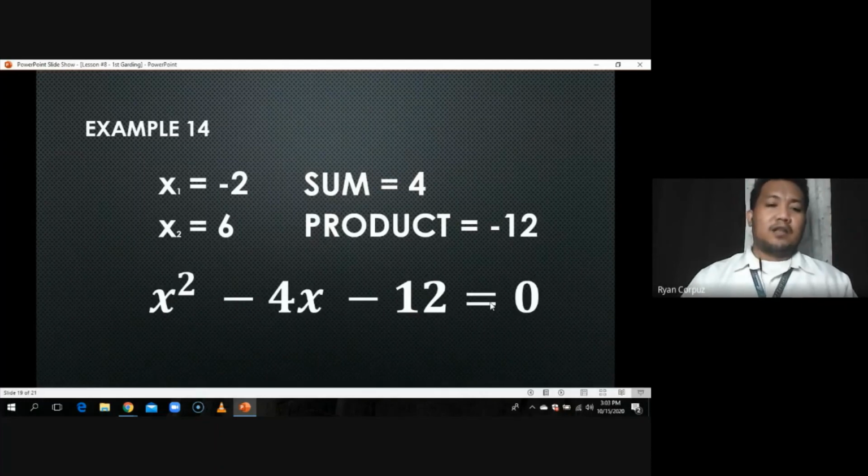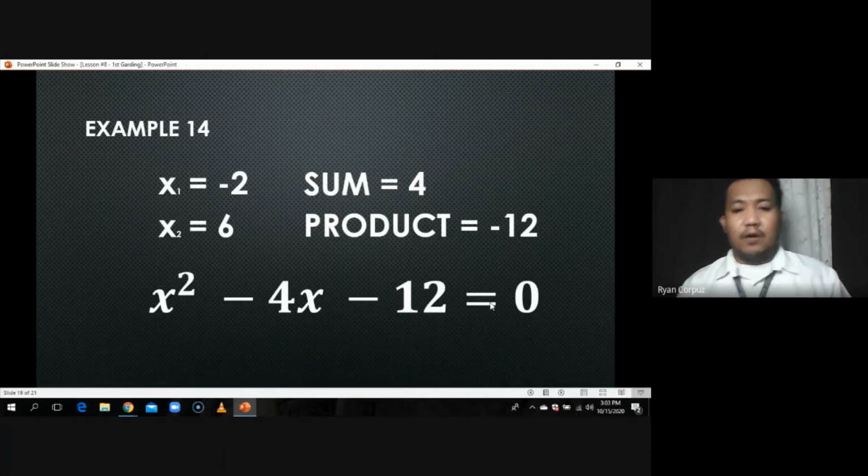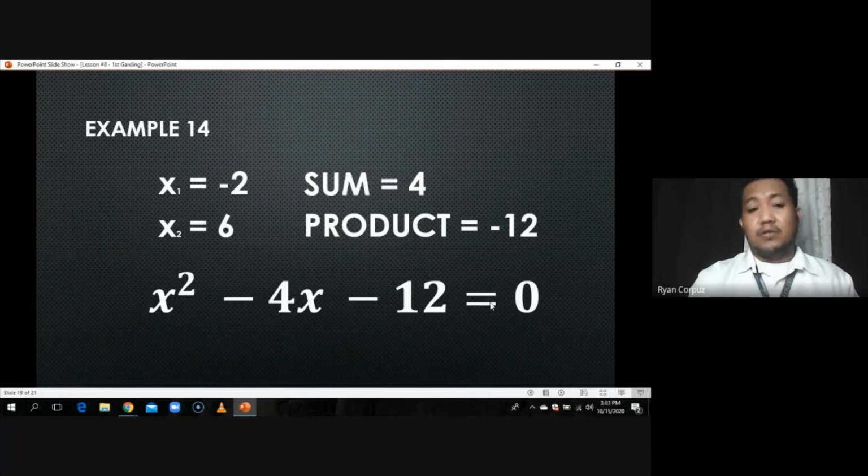So given the roots negative 2 and 6, and we found out the sum and product, which is 4 and negative 12, we form the quadratic equation x squared minus 4x minus 12 is equal to 0. So meaning to say, if we are going to solve this quadratic equation using any method in solving quadratic equation, we will come up with the solutions as negative 2 and positive 6. Next,